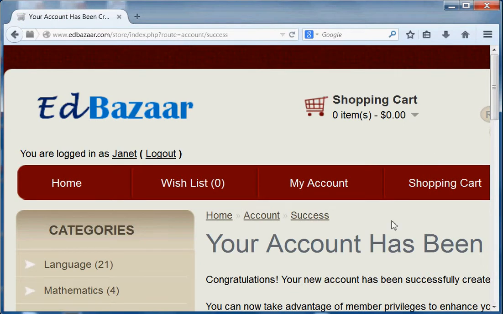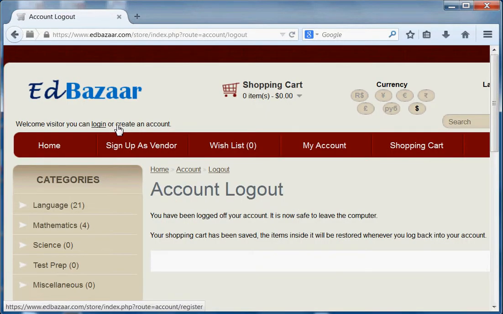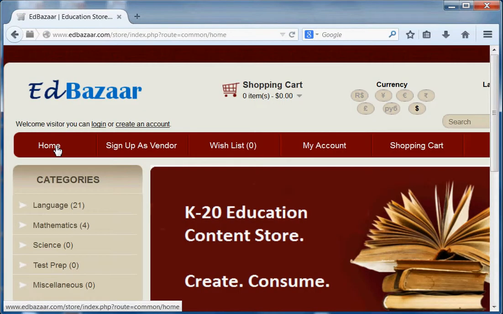So once you do that, you see your account has been created. Additionally, an email would also have been sent to your email ID confirming that your account has been created. By default, you're already logged in. In order to log in when you come another time, let me log out here. All you would do is, when you come to the main store page here, you'd click on the login link here,